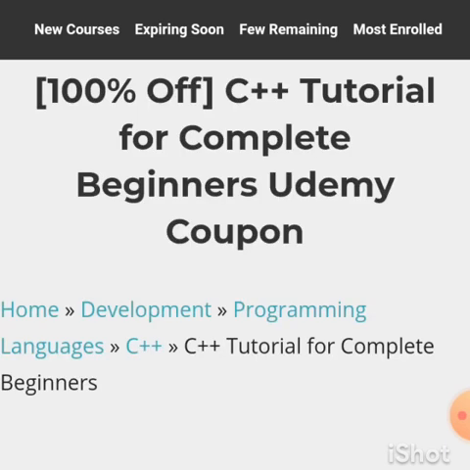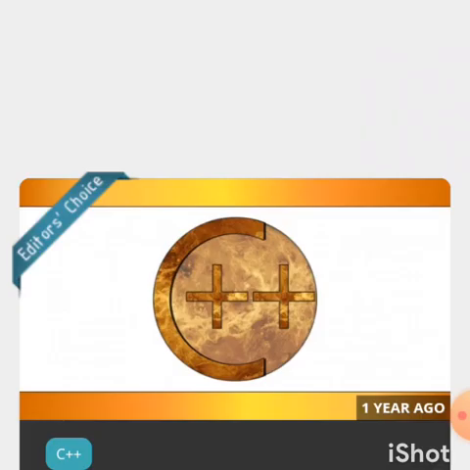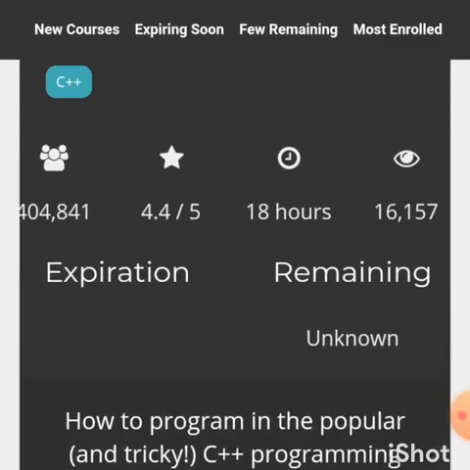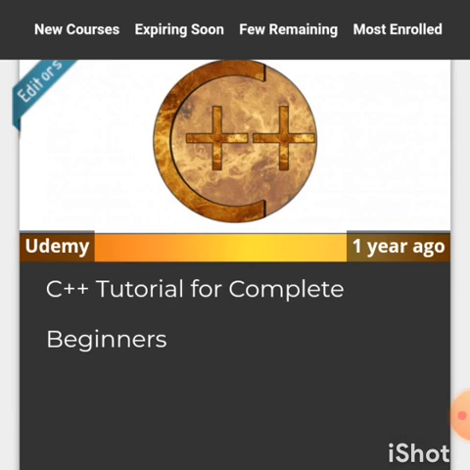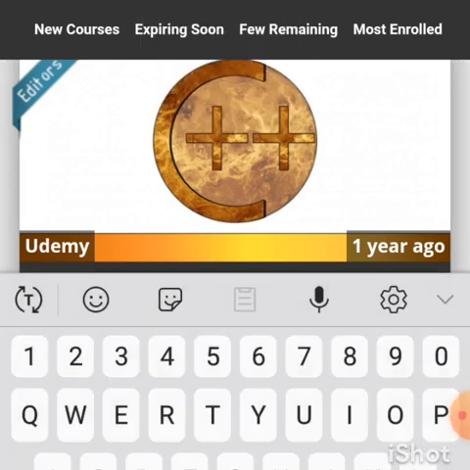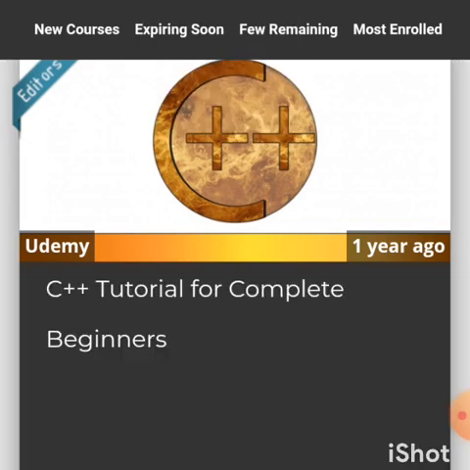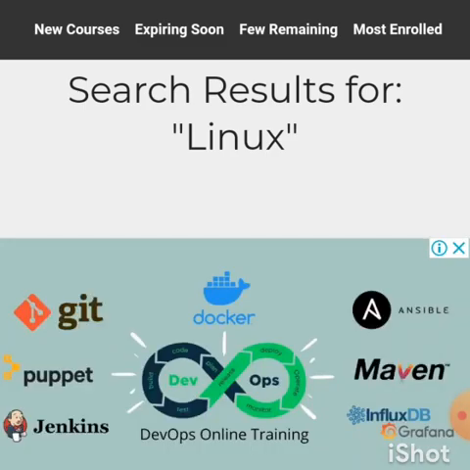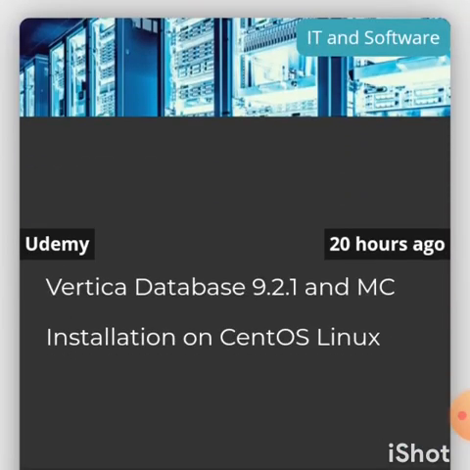If you want, you can enter a keyword and search for courses related to that keyword. I'm just entering Linux based courses here.